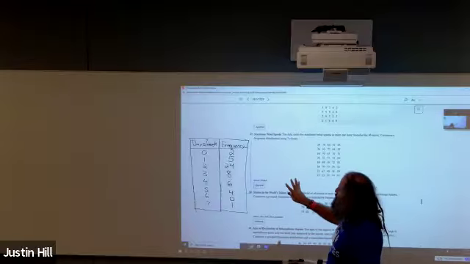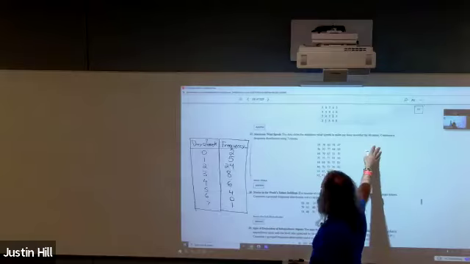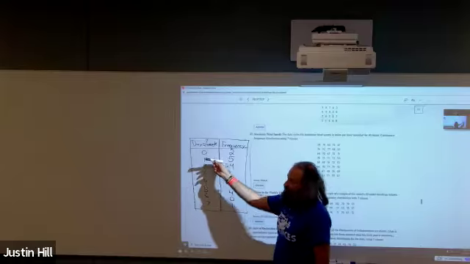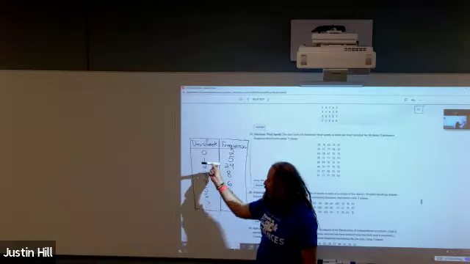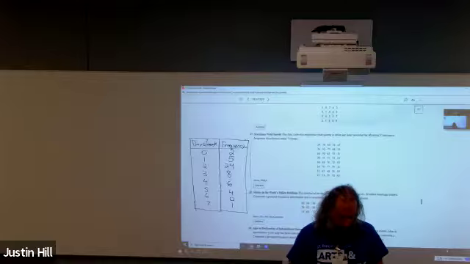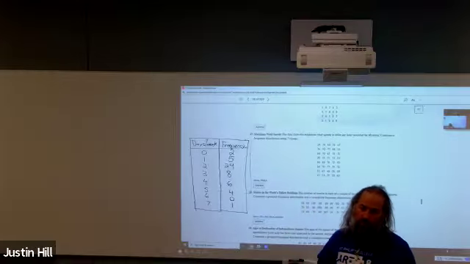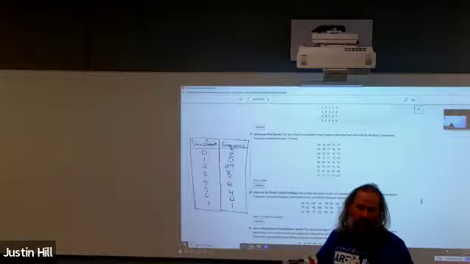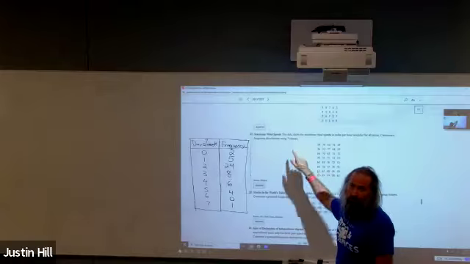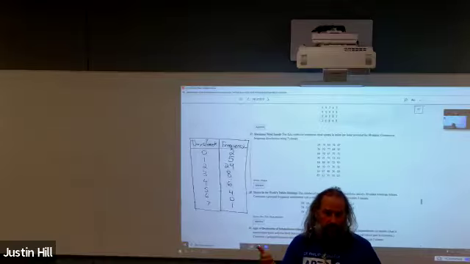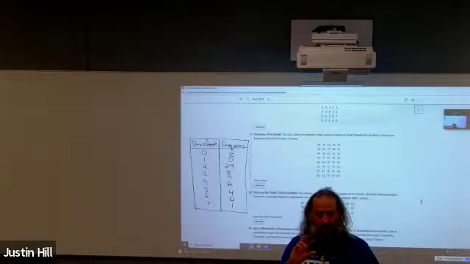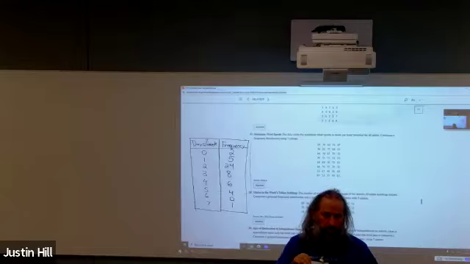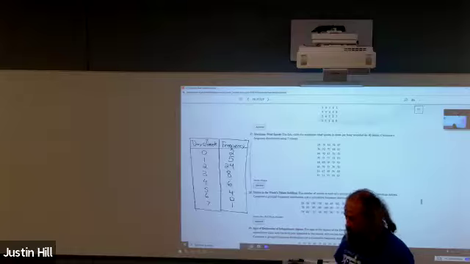So I really want to take this problem. We're going to end up with the same thing. We're going to make a frequency table. But in this case, there is no clear-cut category, so we're going to have to construct the categories or the classes. I want to show you the process for doing that. And then you'll see there are several problems in this section that are just variations of that. Sometimes they tell you how many classes they want. Sometimes they tell you where the classes should start. They just give you slightly different entry points to constructing these classes or categories.